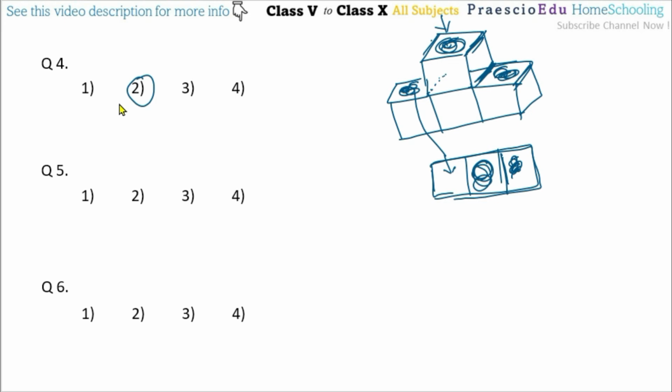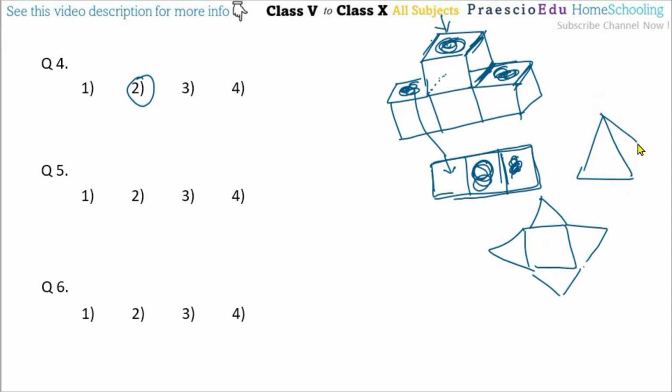In option number 4, that is a different one, there is a base. If all these triangular shapes are attached, it will make something like a pyramid. So this is also incorrect, because this is a closed surface, but we require an open box. In option number 3 there are 5 faces, so that can be an open box. So that's why option number 3 is the correct one for question number 5.